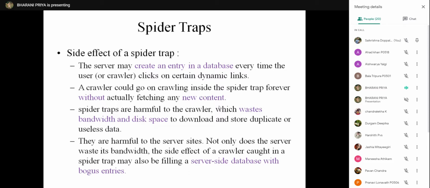That means there are no changes in the page, the same content we are downloading again and the crawler is downloading again and again, and it wastes bandwidth and disk space. And even server side, the database will be filled up with more and more visited pages. That is, the server database is filled with same pages. These are the side effects of spider traps.